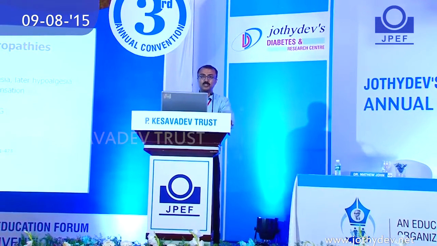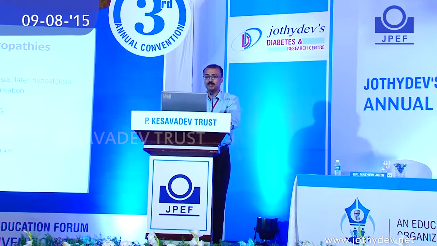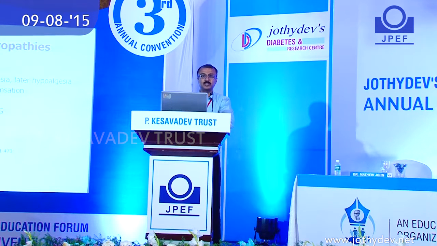So you have symptoms like superficial burning pain, allodynia, and hyperalgesia. When you check, you have impaired temperature and pain sensation. You have autonomic symptoms like reduced sweating. But when you look at the strength, there's normal muscle power, reflexes are normal, and when you do a nerve conduction study, it shows a normal result.